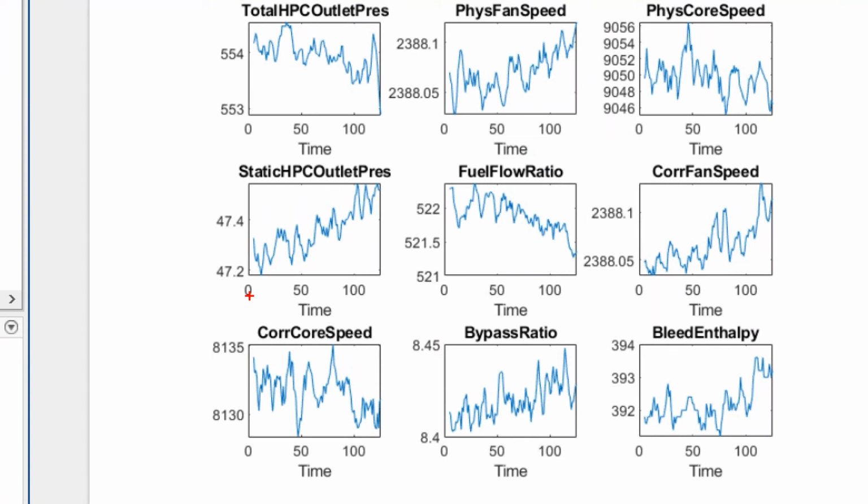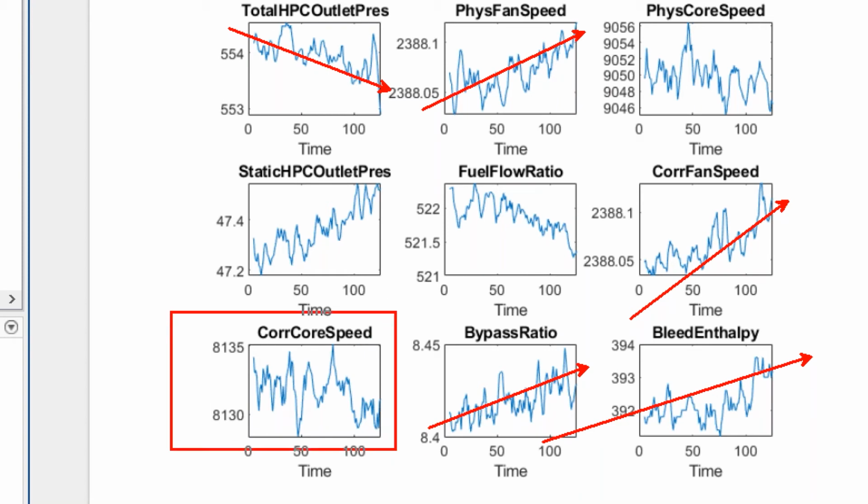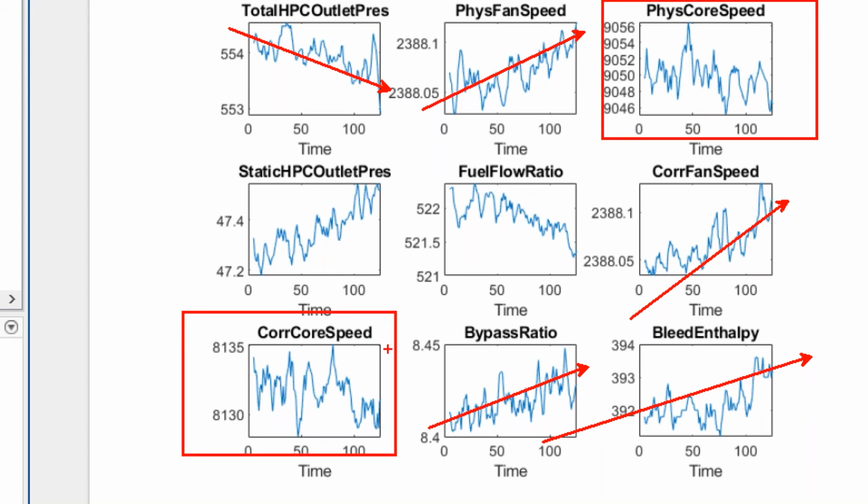Now, we're looking for a couple of things here. We're generally looking for some sort of trend to exist. In this case, we can see this is going down, this is going up, up, up. A lot of these do have some sort of trend. Some of them are a little bit weaker. This top right and this bottom left go slightly down, but not as strongly as some of those others do. This is telling us that there is at least some evolution of these sensors